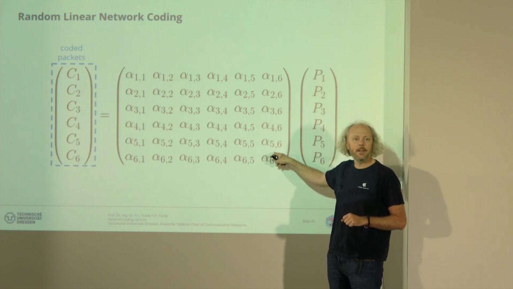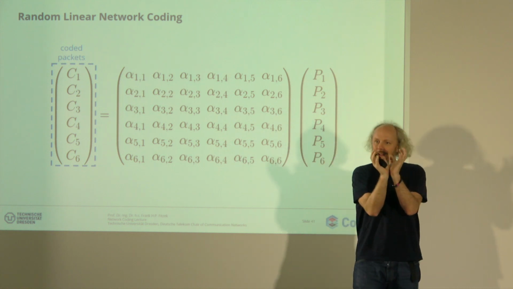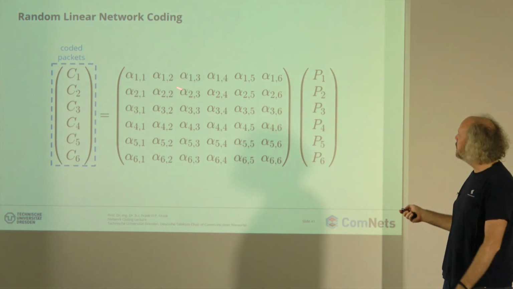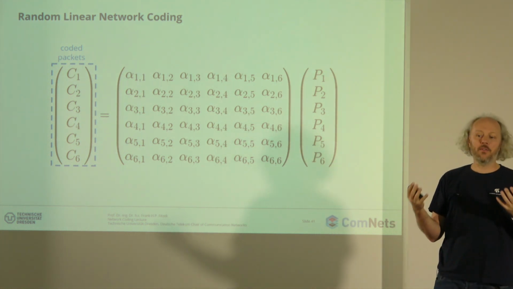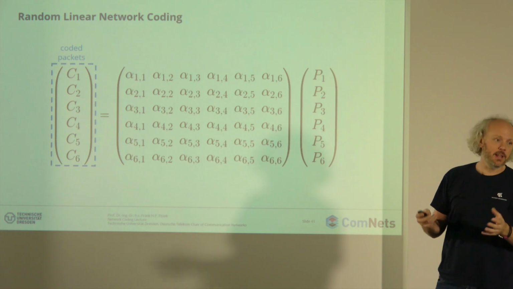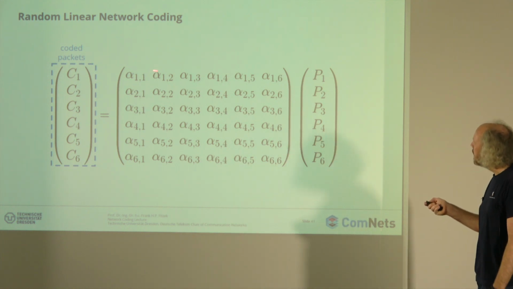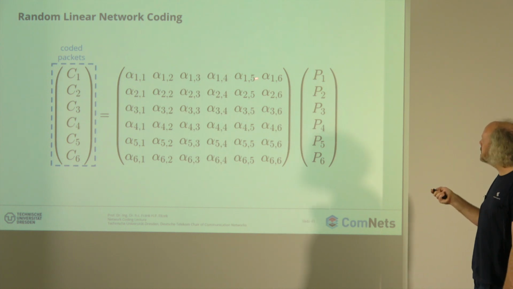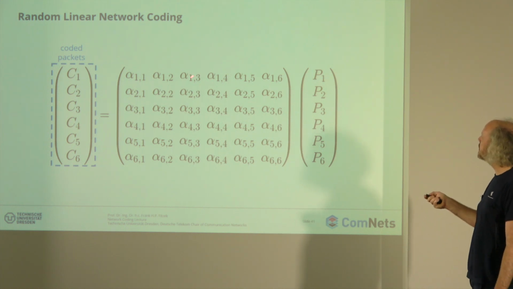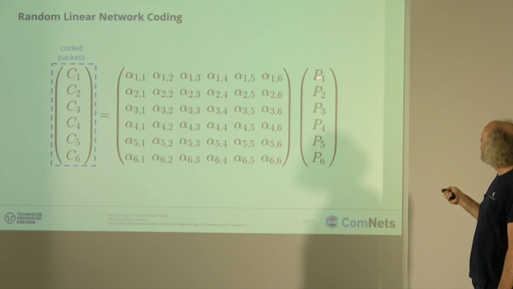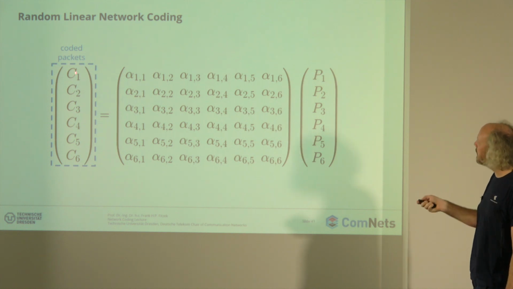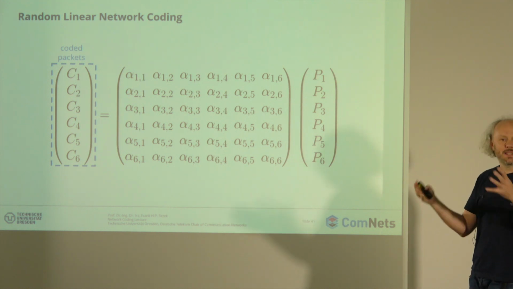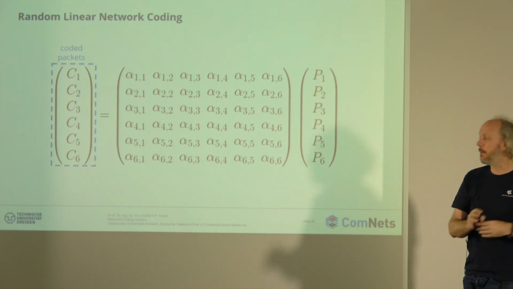You've seen it before, right, in the butterfly. We had a little bit C1, C2, very small one. So it tells you what to put here, and there are very famous researchers like Reed and Solomon who said how these alphas should look like. So imagine it's only zeros and ones. If this is 1, 0, 0, 1, 0, 0, that means packet 1 and packet 4 coded together is coded packet number 1, okay? If we have zeros and ones, that we did before with our butterfly example.